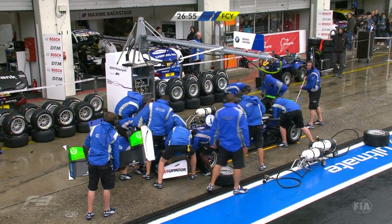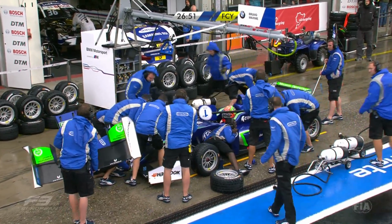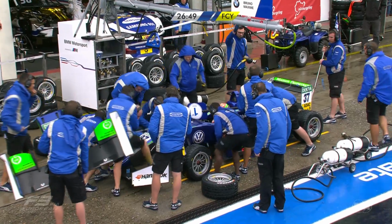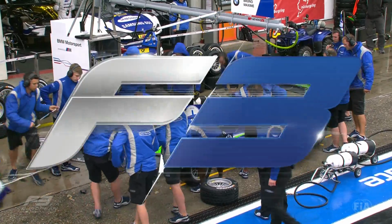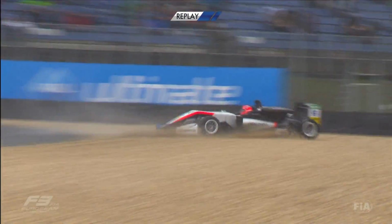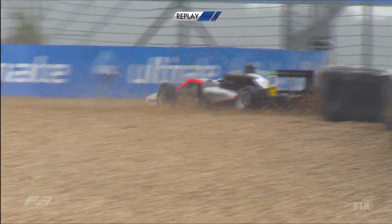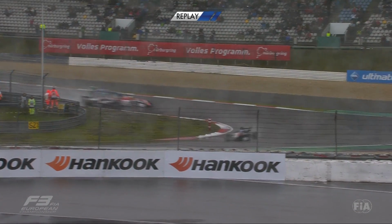And we see Fenestra coming in now to change his front wing. There's some other work going on the car as well, isn't there? The Carlin team are all over the Fenestra car. That's when the gravel trap does its job, isn't it? Yeah, exactly. In terms of taking the speed out of the car, and actually it was quite an innocuous bump against the barriers, but didn't he do well to avoid...